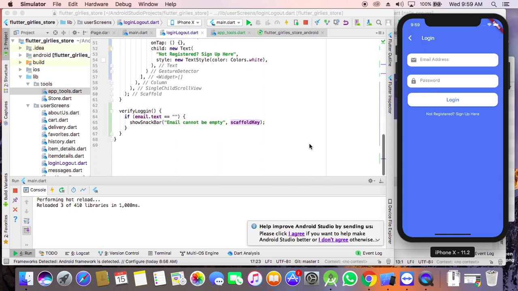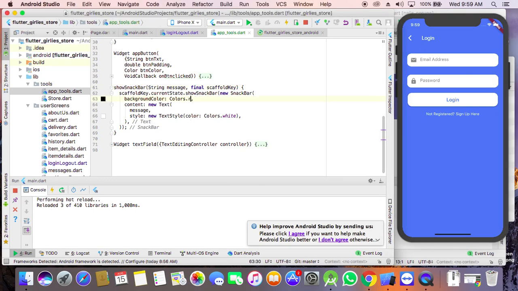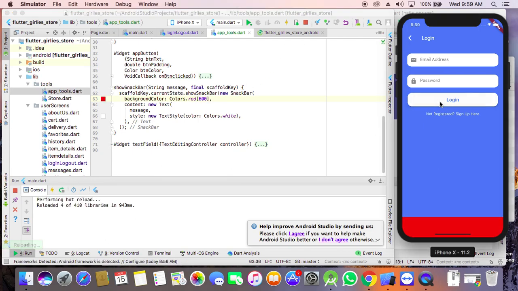I could say if this is an error, we always show snack bar whenever probably there's an error. So inside this showing snack bar, I could just change here to red and give it a very dark color, like 600, and I'll save it, and I'll still click on it. You see, email cannot be empty. So